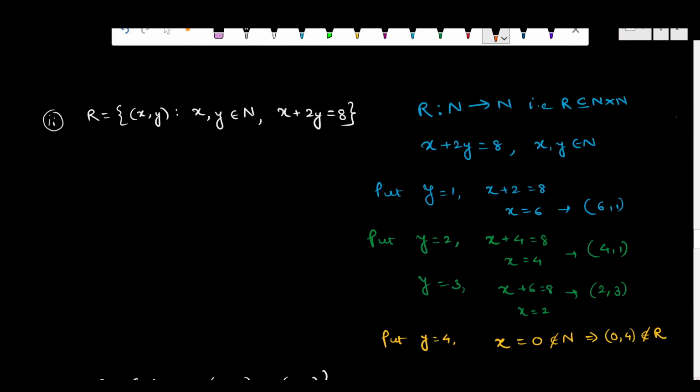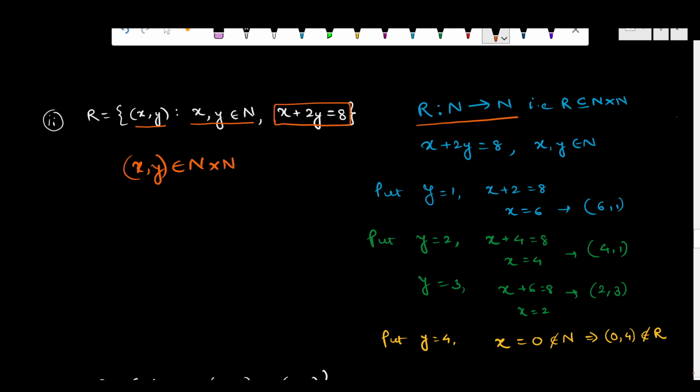See, this was the question. R contains all those ordered pairs of the form (x, y) where this condition is satisfied by the ordered pair, where x and y belong to N. So clearly R is a relation from N to N. Why? As (x, y)